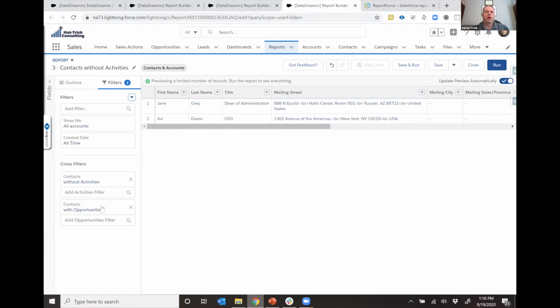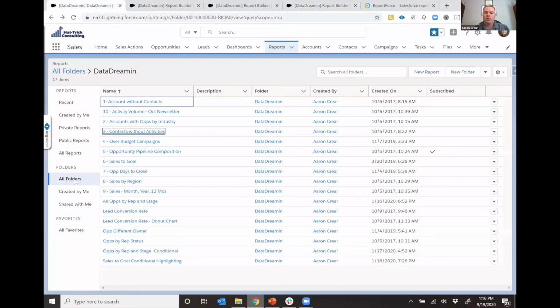So really 3 good use cases for cross filters, a very useful tool that I think you'll get some value out of. So we'll take a look at our next